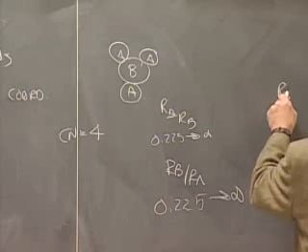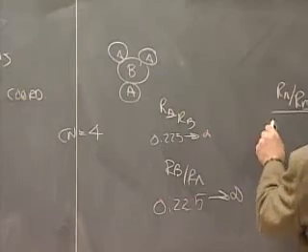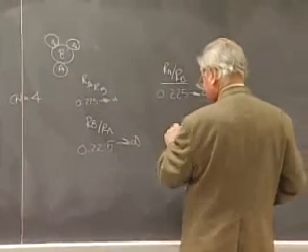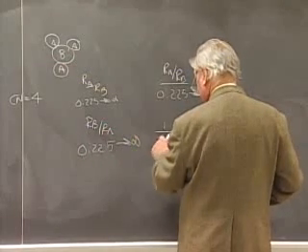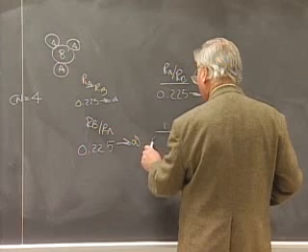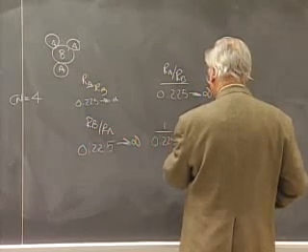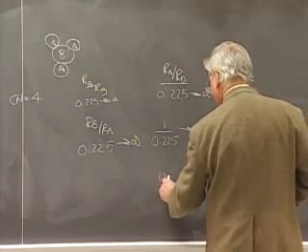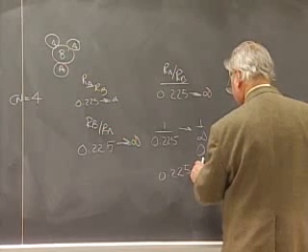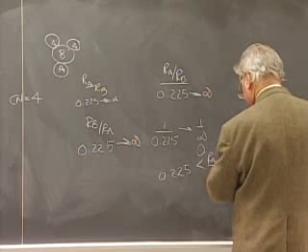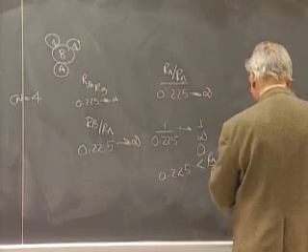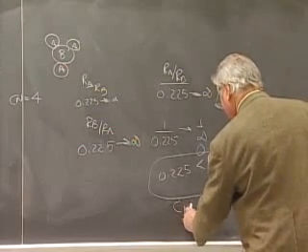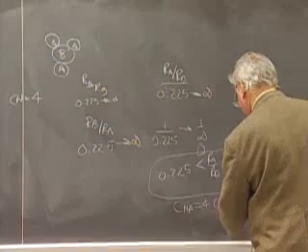If we want to put everything on the same basis in terms of one particular radius ratio, if we do anion to cation radius ratio, the range would be 0.225 to infinity. If we take the reciprocals of these numbers for 4-fold coordination of B, this would be 1 over 0.225 to 1 over infinity. So this is 0, this is infinity, so there'll be a range of radius ratios 0.225 less than RA over RB less than 1 over 0.225, which turns out to be 4.44. So this would be the range of permitted radius ratios for CNA equals 4 and CNB equals the same thing,